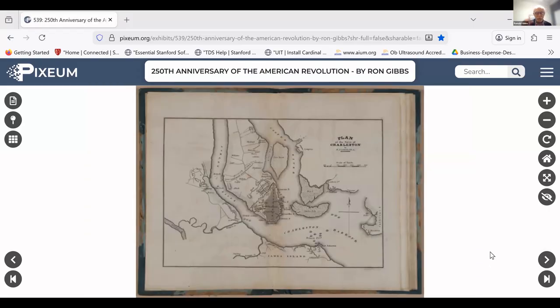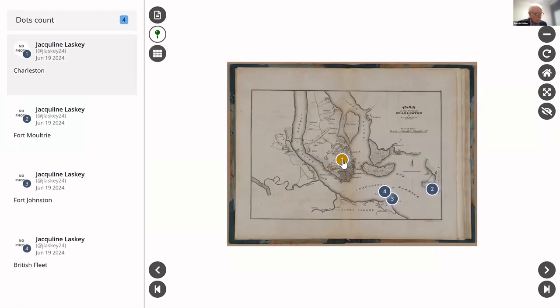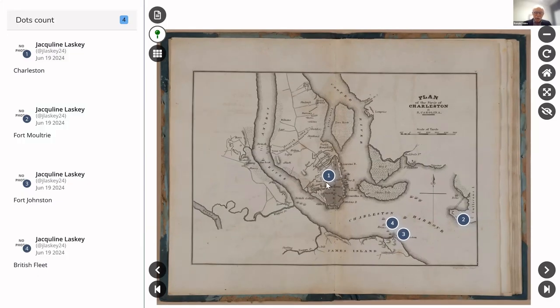And we'll go to full screen and put on the dots. So Charleston is pictured there at dot number 1 on the peninsula between the Ashley and the Cooper Rivers. Let's put the dots up, please. Thank you. The British thought they could capture Charleston, where they expected to get support from a large number of